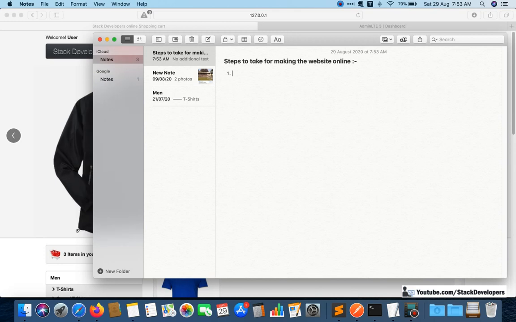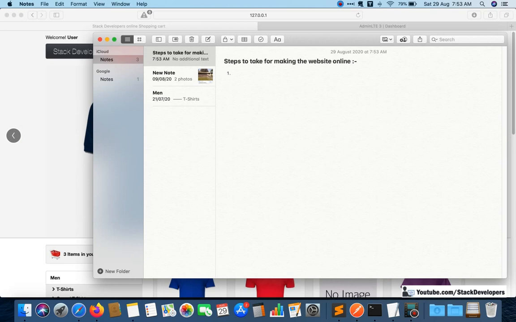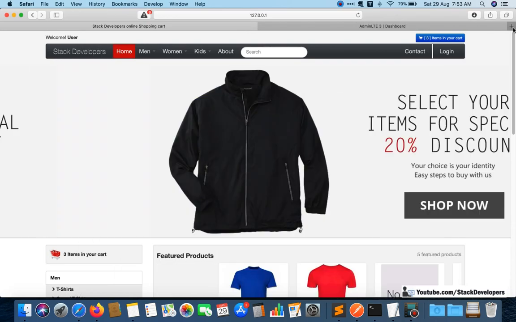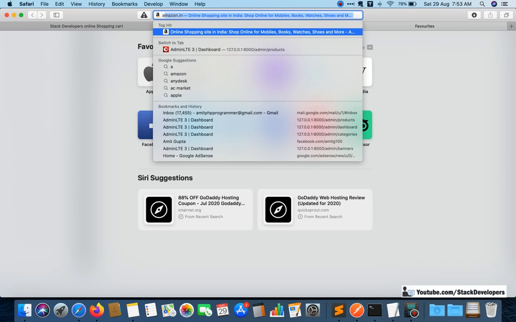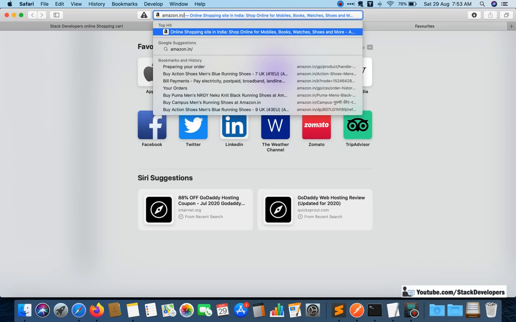A domain is the address on the internet where users can access your website. Like any domain, you can see amazon.in, this is the domain. Flipkart, that is the domain. So amazon.in is the domain, and you can also call it the name of your website. This is what we are going to buy.